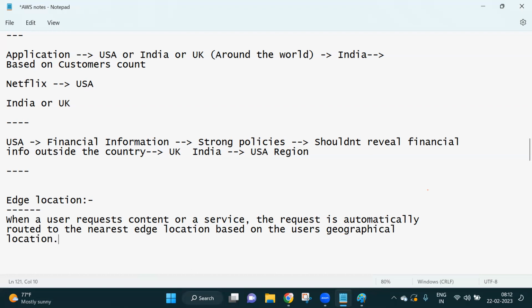So when the customer requests any service, the request is automatically routed to the nearest edge location based on the user's geographical location.